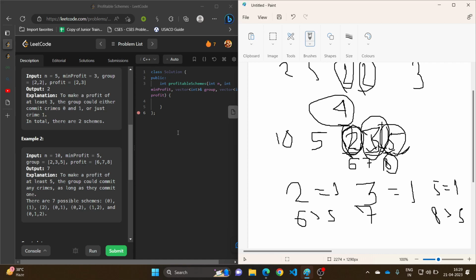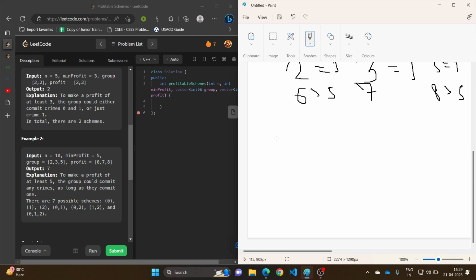So this is pretty clear that at each index we can either take and add up the profit and group value to the state, or we can not take and just simply move ahead. Okay, so this would come out to be a dynamic programming based solution, and by take and not take,